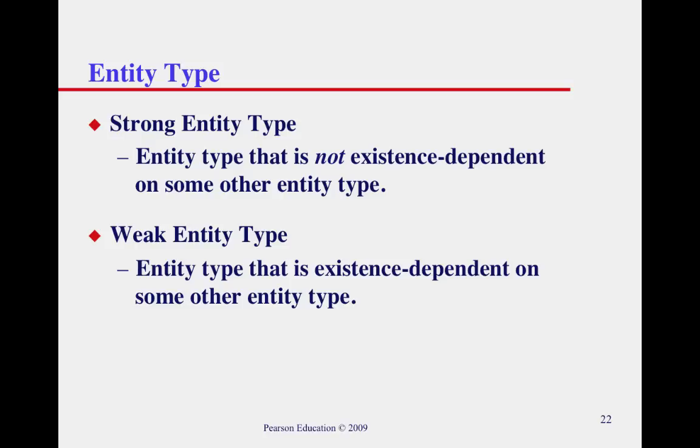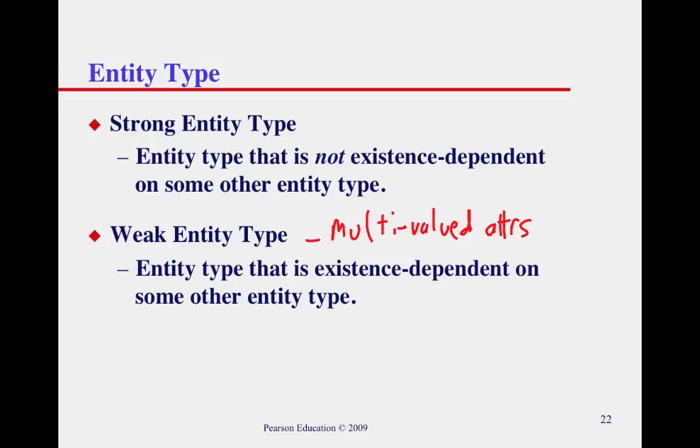Weak entity types do. Strong entity types are obviously physical entities, the conceptual entities we talked about before. Weak entity types are things like what I think of as multi-valued attributes. I know they would probably differ slightly, but I tend to think of that as a weak entity type, or